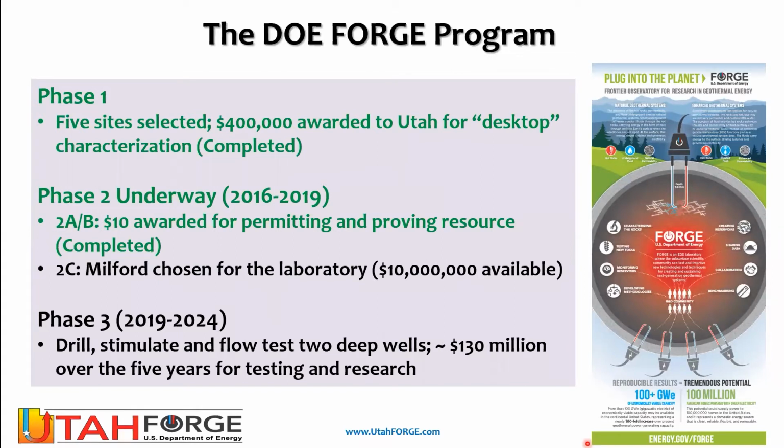And yes, indeed, that is the principle of an enhanced geothermal system, where you drill multiple wells, you interconnect those wells with hydraulic fractures, and you circulate a working fluid, water at least in the early stages, through that system so that you can extract energy. And this was the vision of the Department of Energy. Well, it's been the vision since the 1970s, but this vision was reestablished about 5 years ago when the DOE